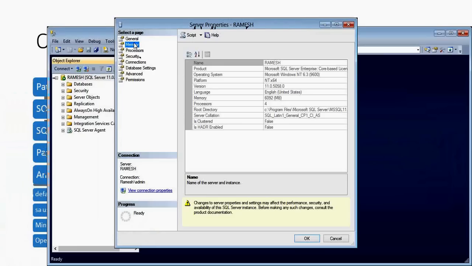I have a question for you. What is the maximum memory supported by SQL Server 2008 R2 Standard Edition, which is running on Windows Server 2008 R2 Standard Edition?